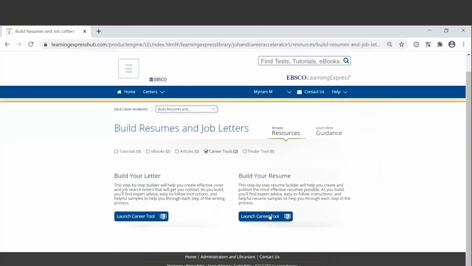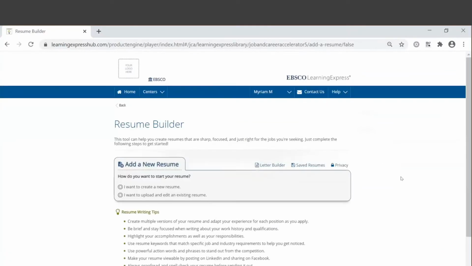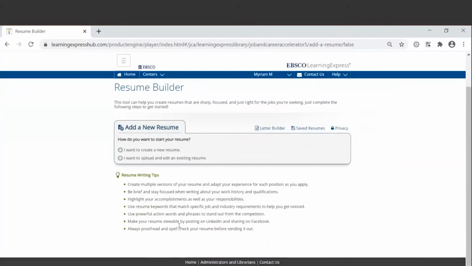And so going into our Resume tool, we will begin by creating a brand new resume, and I will show you how easy it is to do so. We can create a brand new resume or we can upload and edit an existing one. You'll see that we have tips all throughout the site to help your users. So your users will never be left stranded and they'll always understand the reason for why they're doing exactly what they're doing. So they understand the whole process.